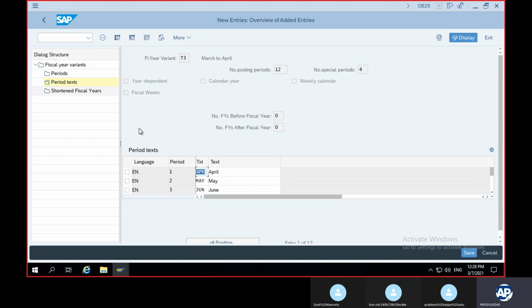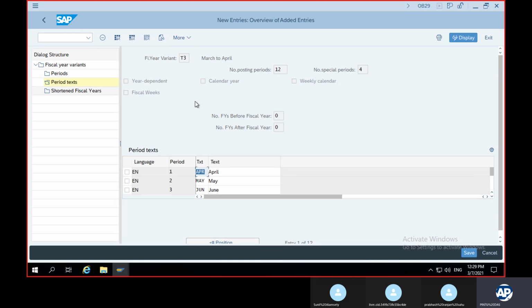See, we are in 2021, so it doesn't depend on a particular calendar, neither does it depend on any year, and neither is it a weekly calendar, or fiscal week. This weekly calendar and fiscal weeks have been added in HANA. These were not there in ECC. These two are the new additions, right?